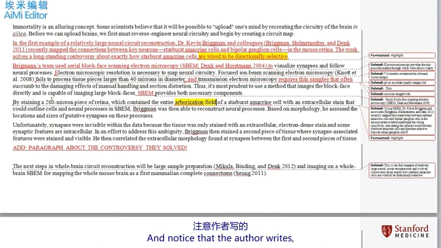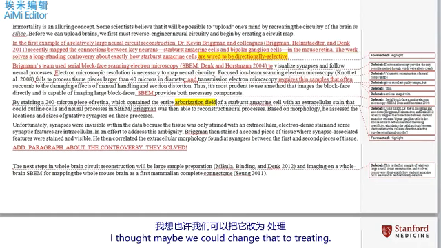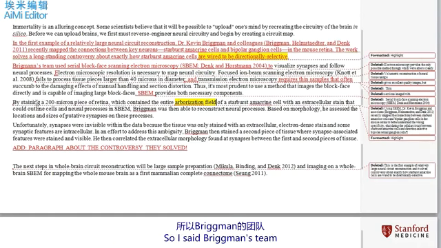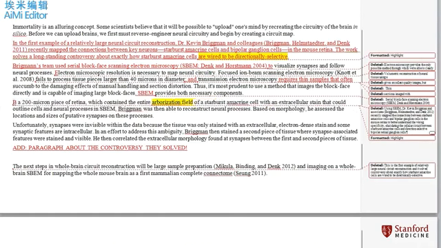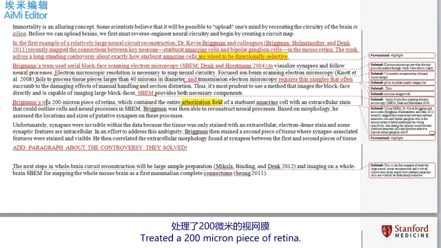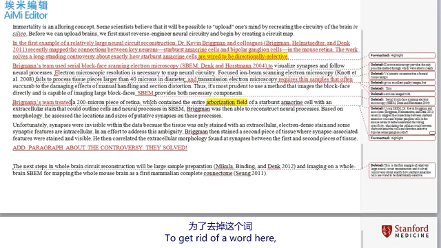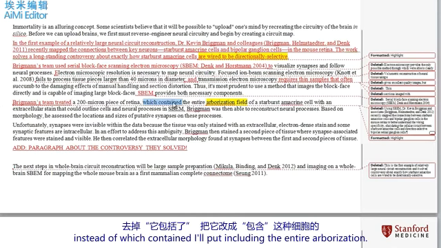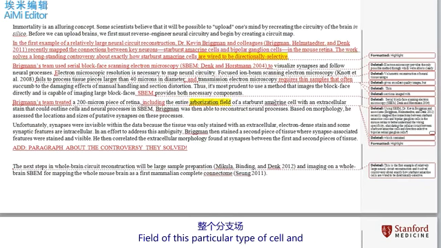This is kind of a long sentence. I'm going to just notice that the author writes by staining with an extracellular stain. I thought maybe we could change that to treating. So I said Brigman's team treated a 200 micron piece of retina. To get rid of a word here, instead of which contained, I'll put including the entire arborization field of this